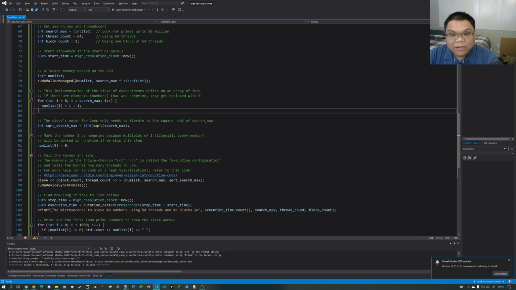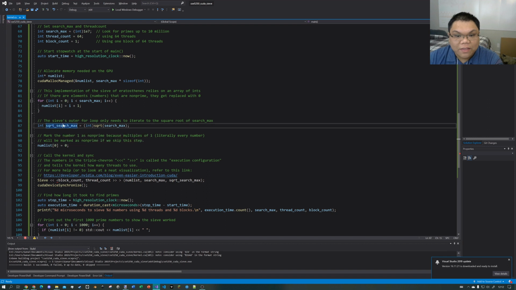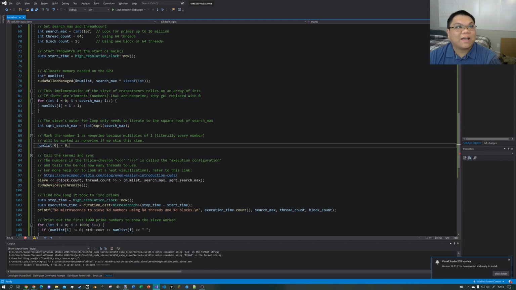The outer for loop only needs to iterate to the square root of the search max, so we have to find the square root of that. Whatever the square root of 10 million is, we store it in here, because we have to pass that later on. Now, numlist[0] is the number 1, and we have to mark that as non-prime. If we forget to do that, it's going to mark every number in the array as non-prime, and we don't want that. It nullifies the point of calculating prime numbers